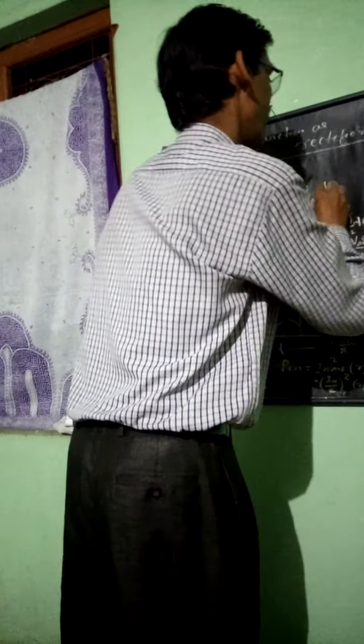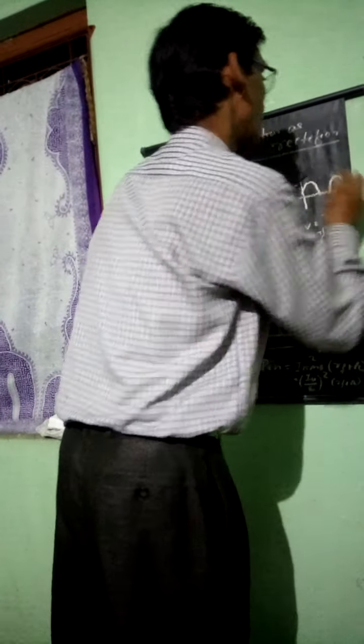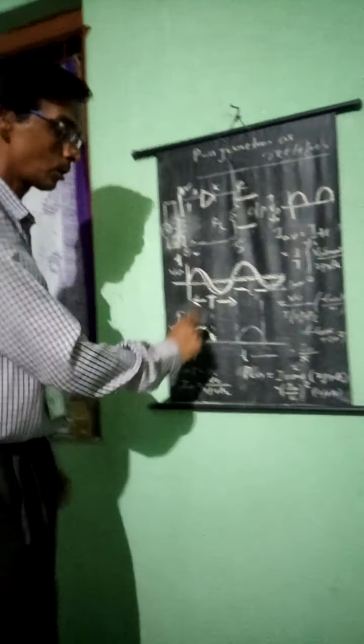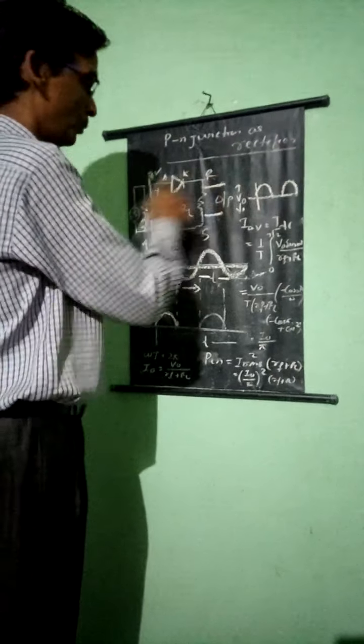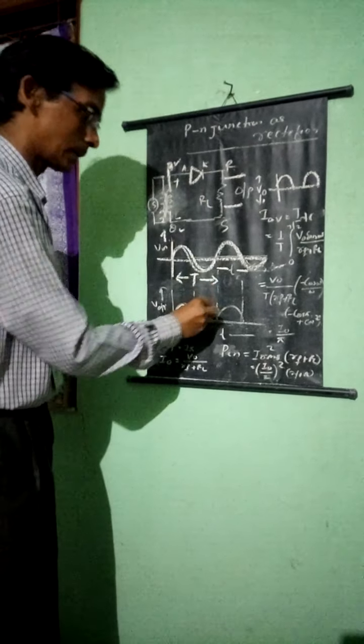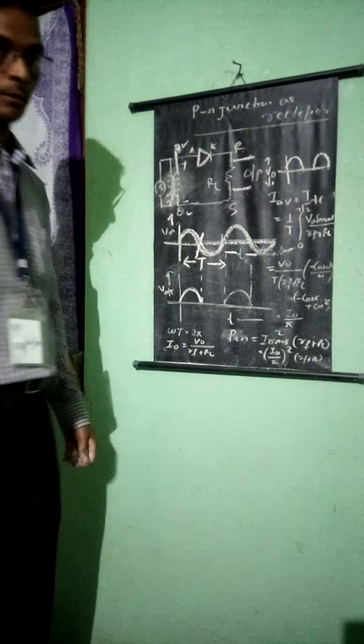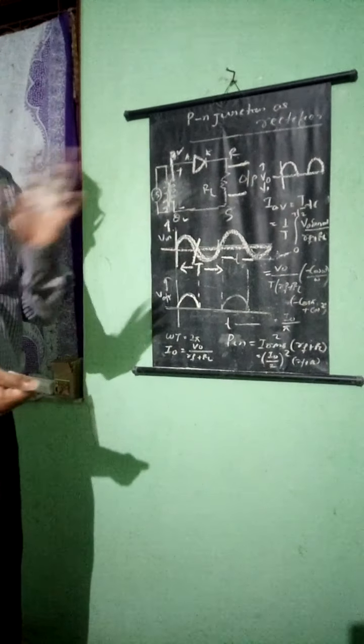The waveform you can get back here, like this, only the positive half cycle. On the input side both cycles are present, but here only the positive half cycle is present. For the positive half cycle of the first cycle, remember, it is one cycle, the diode is conductive. For the negative half cycle, the diode never conducts.